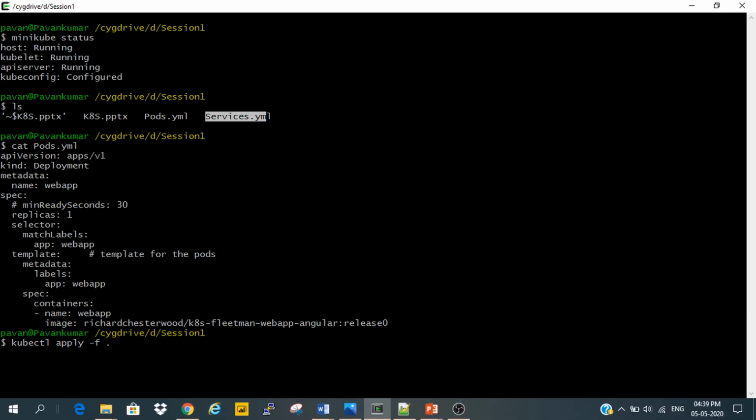Okay, now let's discuss this command kubectl. Kubectl is a binary for Kubernetes to interact with the API server. Apply means we are deploying our manifest to the cluster. And -f is whatever file we changed. For now, for the practical scenario, I am writing only the pods and services files. Later, in the real-time project, we will implement multiple pods and multiple services as well. We can also write secret files and config map files and everything.